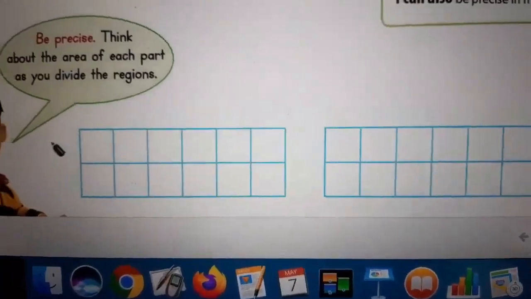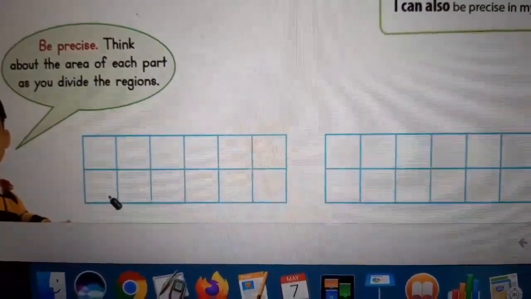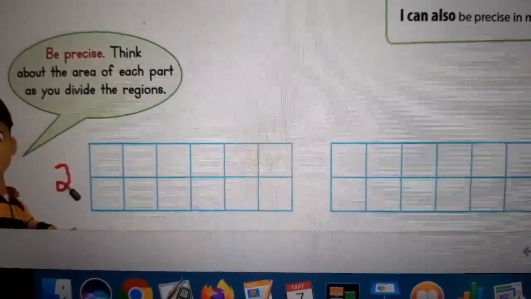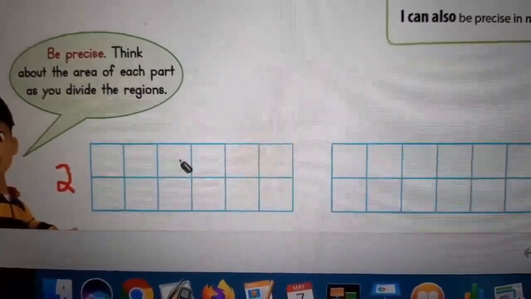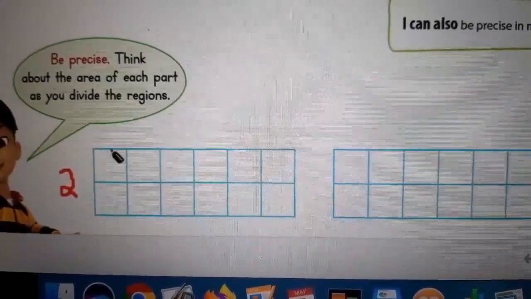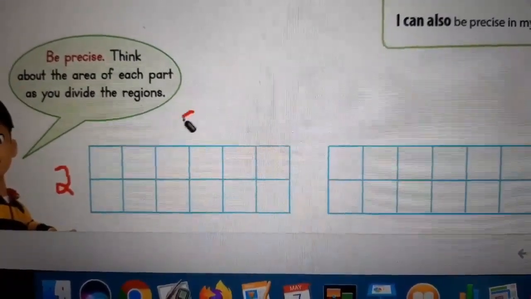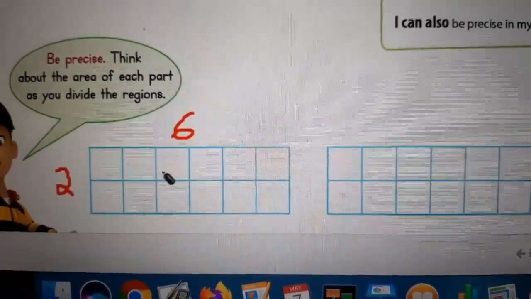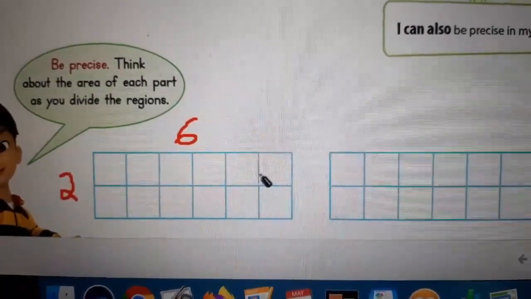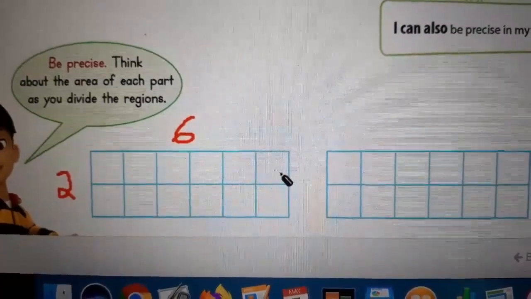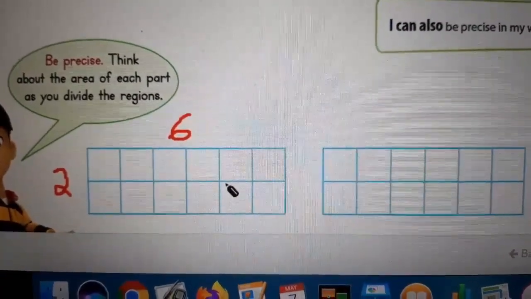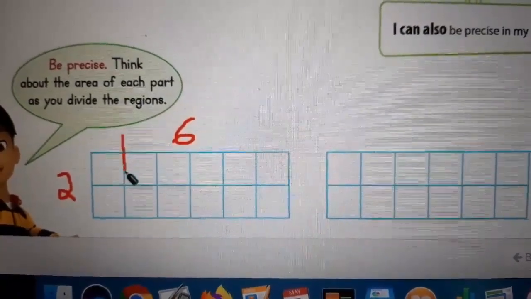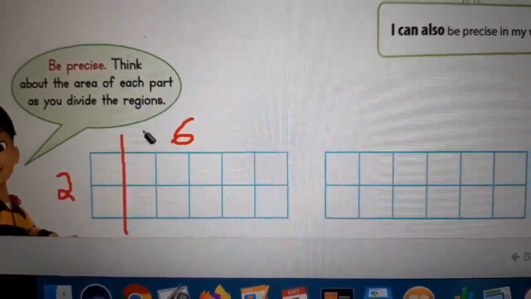So it's 2x6 because there are 2 squares on this side. There are 2 rows. And there's 6 columns. So there's 1, 2, 3, 4, 5, 6 columns. If I divide this into 6 equal parts, I could do 1,